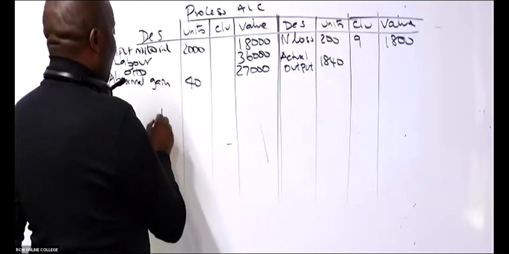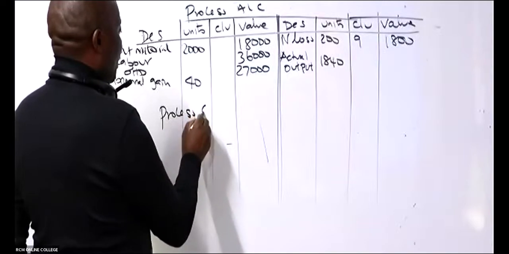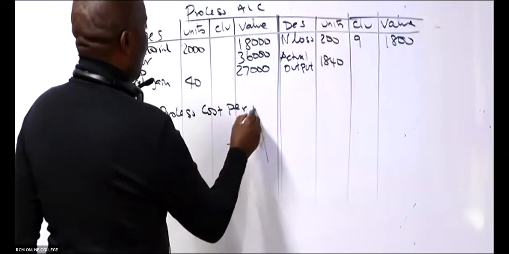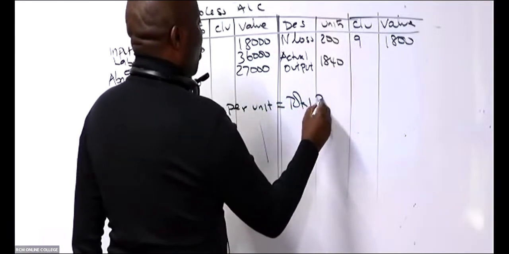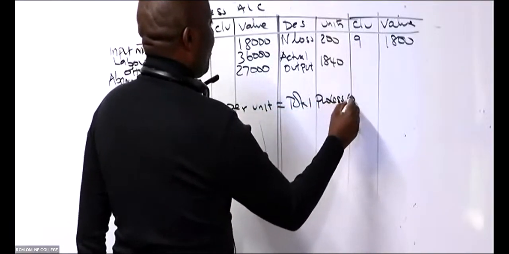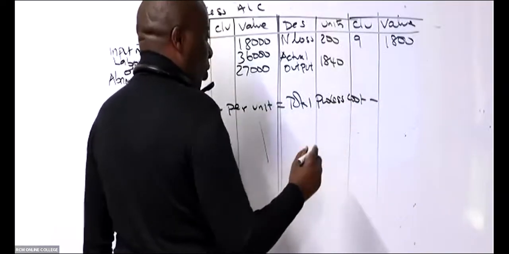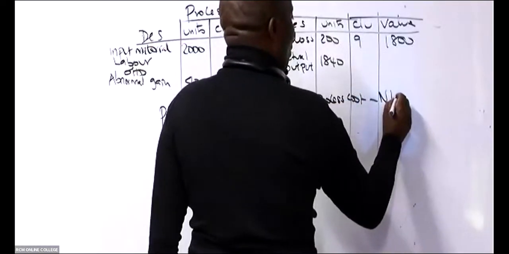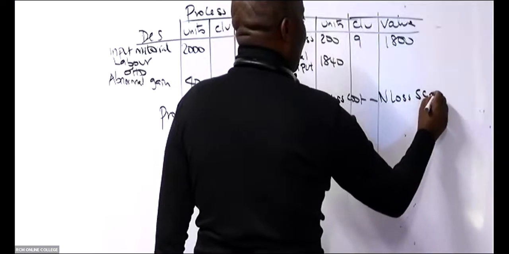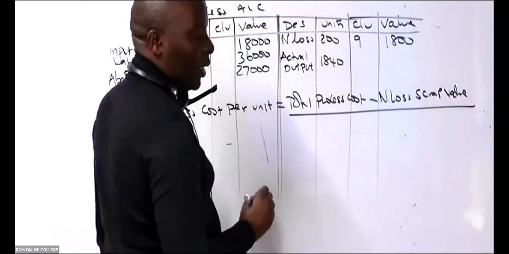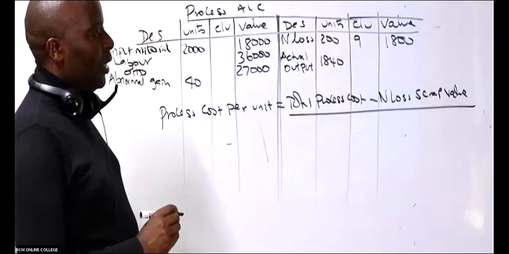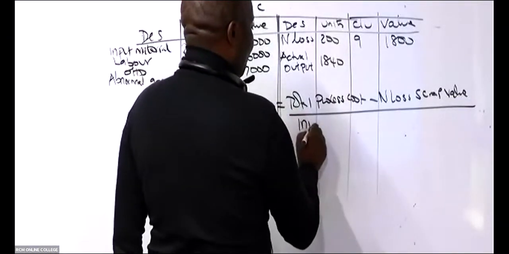So process cost per unit equals total process cost minus normal loss scrap value, all over input units